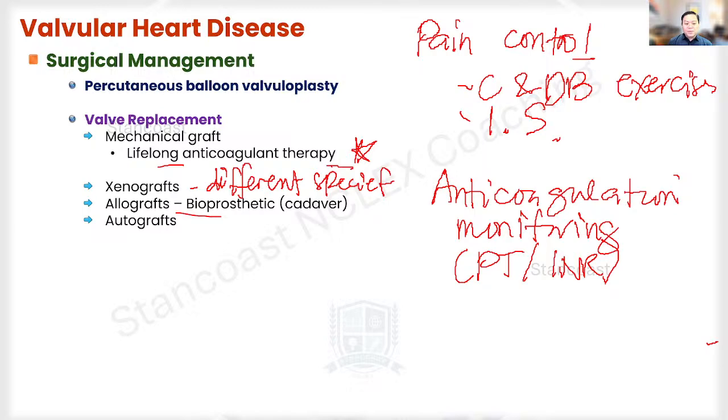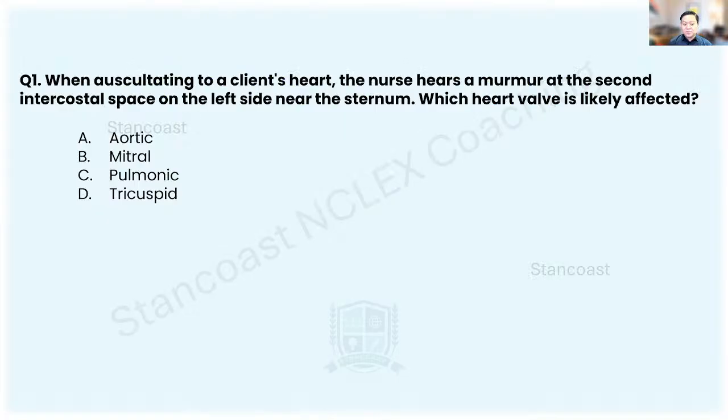All righty, what are we going to do next here? We're going to do the exercises. So the first question for you guys is, when auscultating a client's heart, the nurse hears a murmur at the second intercostal space on the left side near the sternum. Which heart valve is likely affected? Question 1,